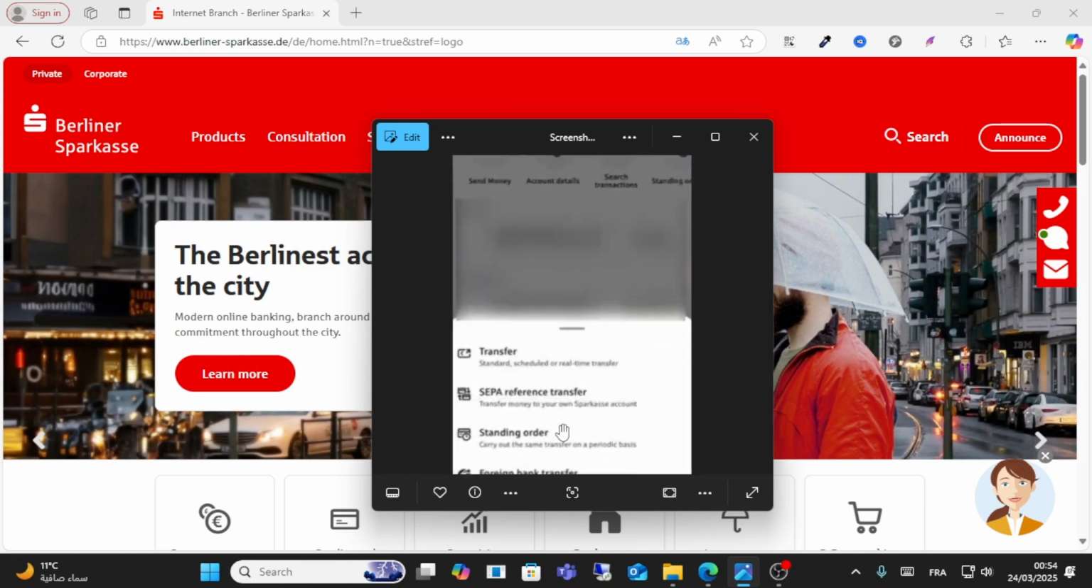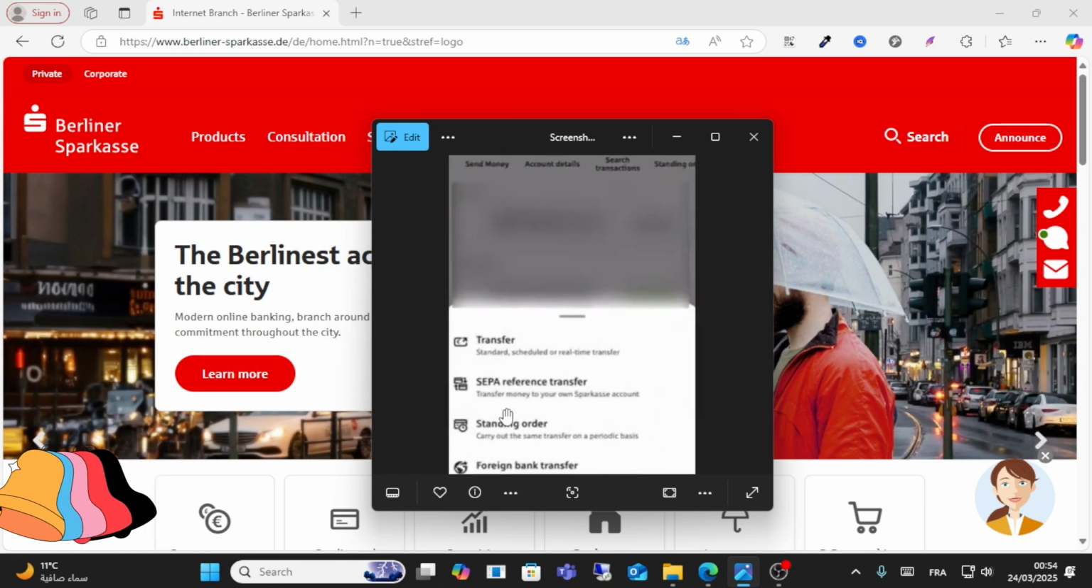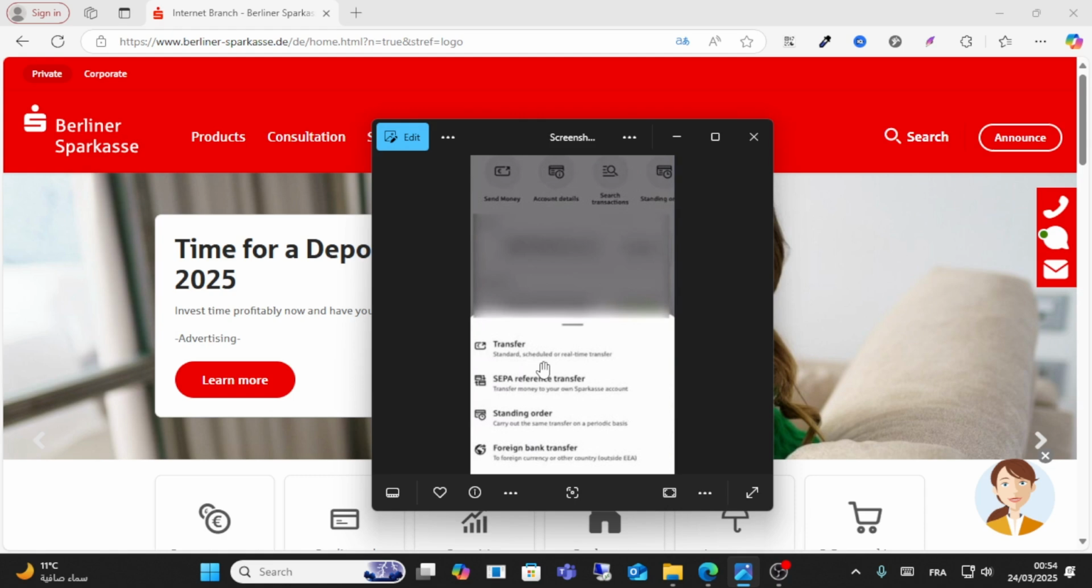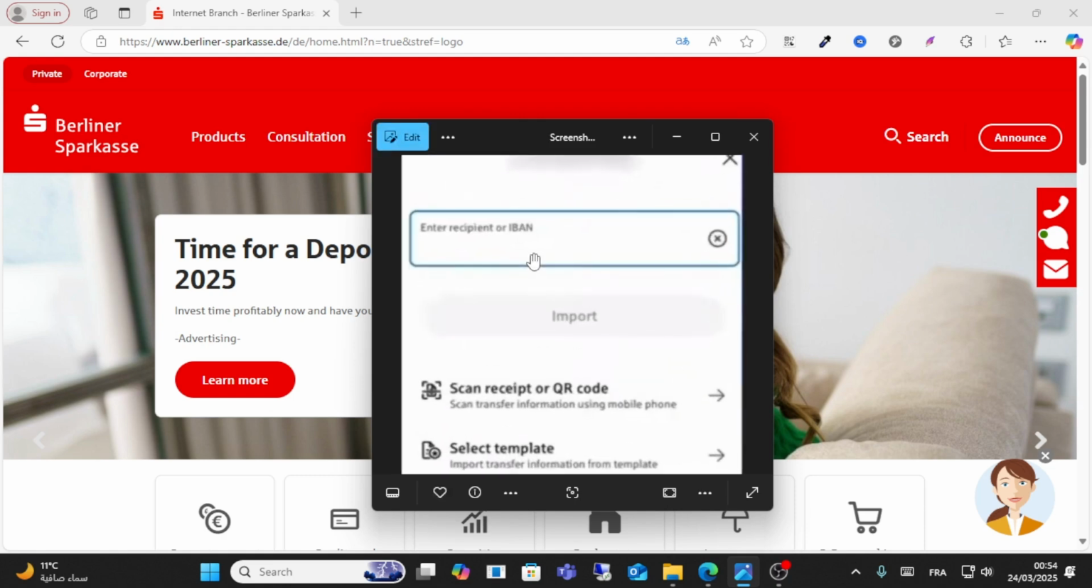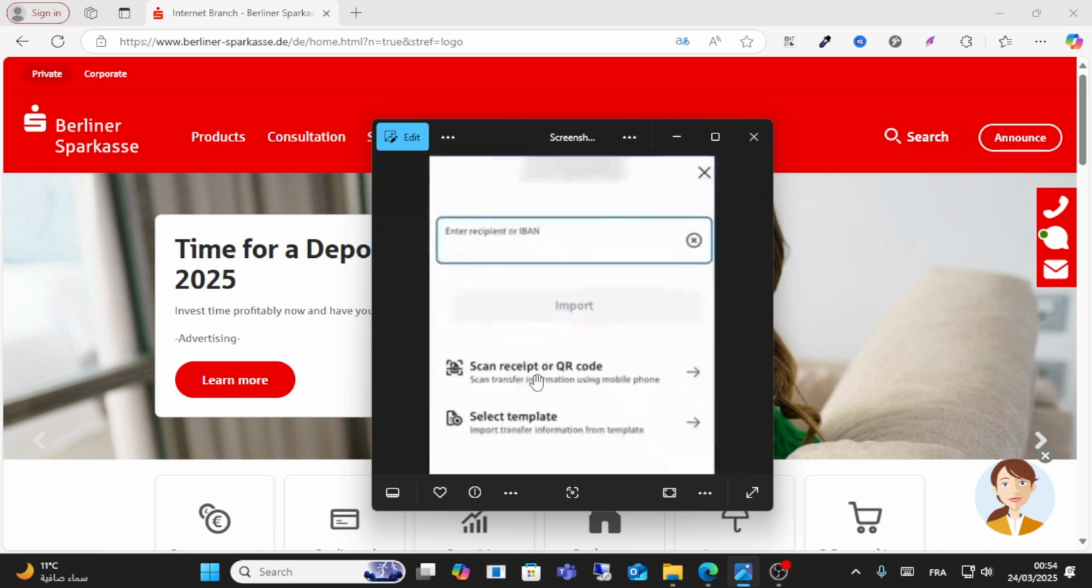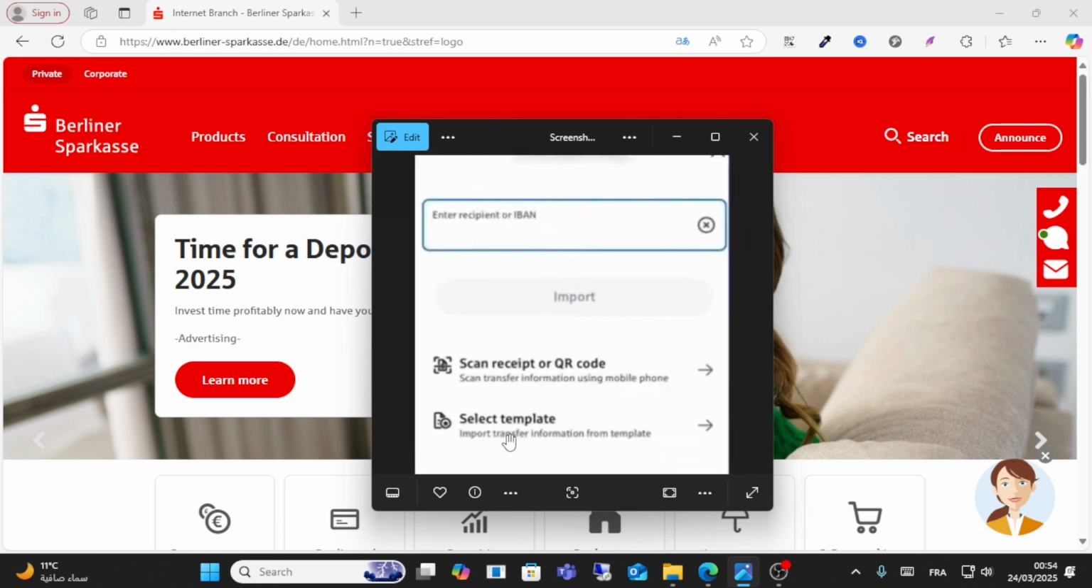After that guys, you have different options to transfer your money. You have transfer, reference transfer, standing order, and foreign bank transfer. Choose the type you want to transfer. After that, enter the recipient name or IBAN, and you can scan your recipient's QR code, or you can select